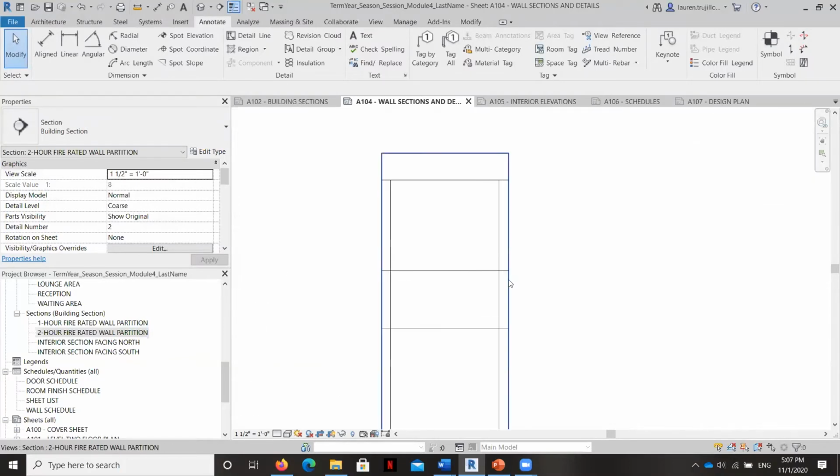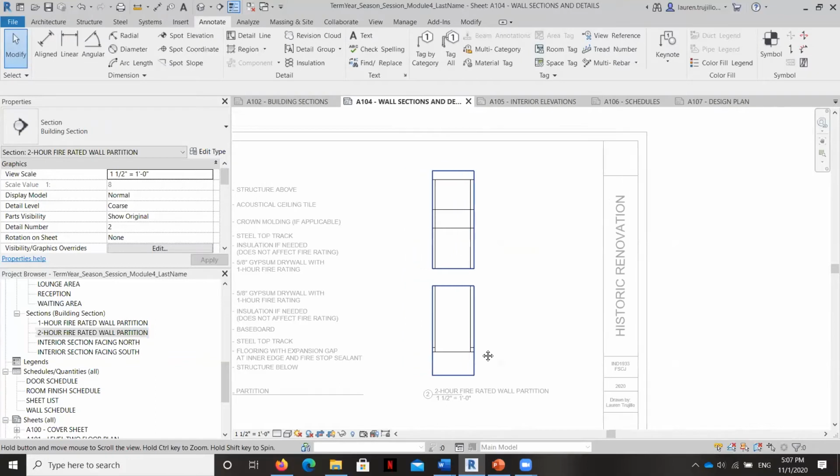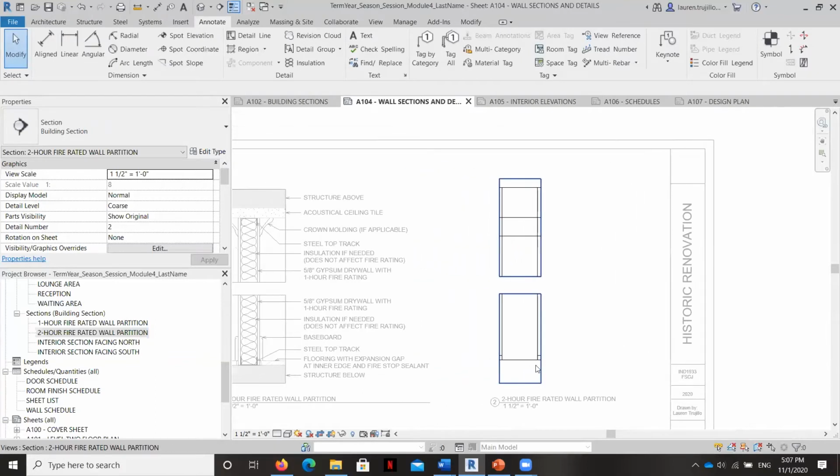So again, it's drawn in this section view where the ceiling is sort of interrupting it, but in fact, this gypsum wallboard ceiling would be built up to it and connected, and then this wall would go all the way up through. So I'm going to pause. I'm going to create a series of masking regions and filled regions, and then I'll meet back with you and show you the things that I've added as well as the notes.